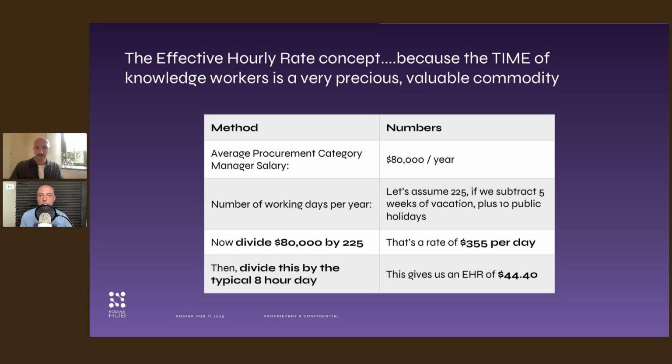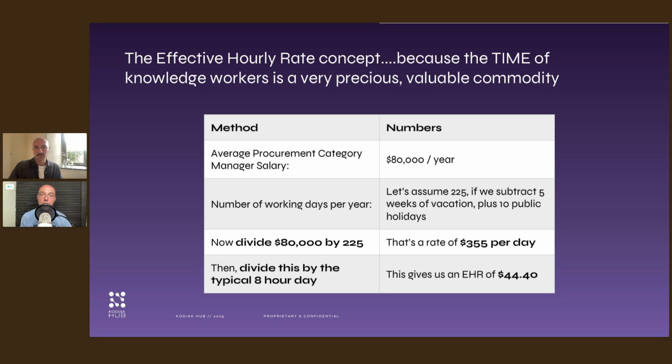I mean, if you take an average procurement category manager's salary of $80,000 or euros a year, which is, if we take DACH, Benelux, UK, it's probably pretty much where it is. If it's US, obviously it's going to be more. If it's Switzerland, it's probably double. But let's just go with that figure. Let's assume that they have 225 working days a year. If we subtract 5 weeks of paid vacation, sorry, Americans, for anyone listening, and then 10 public holidays, that's 225 working days. So divide 80,000 by 225, and you get a rate of